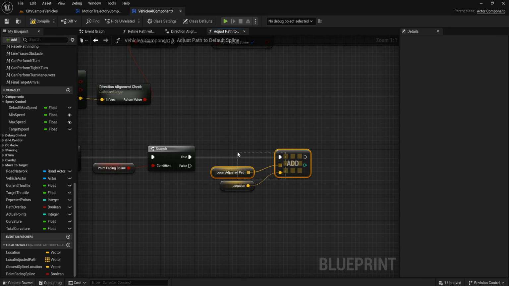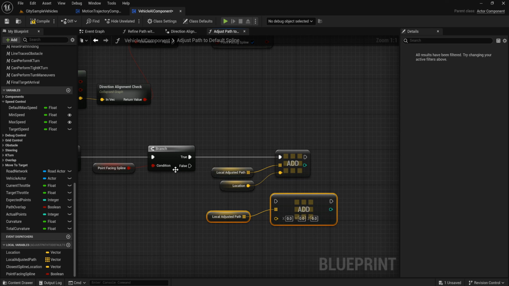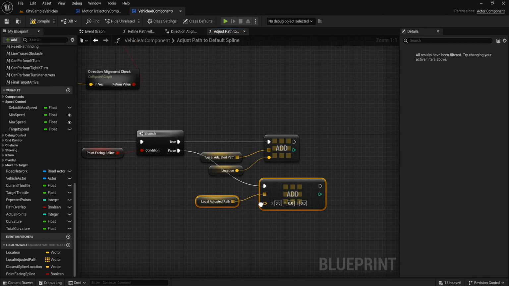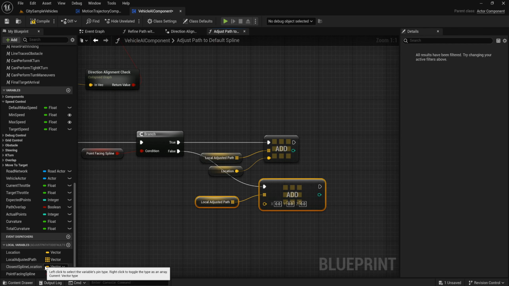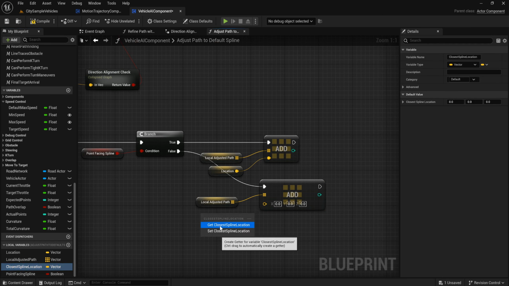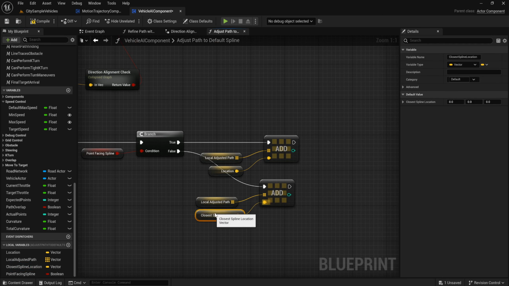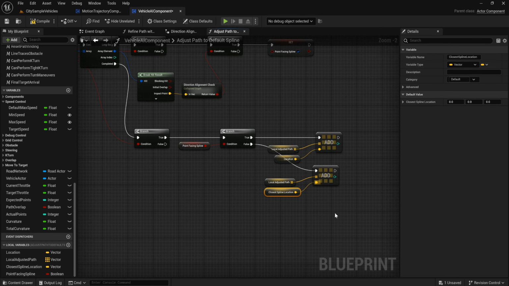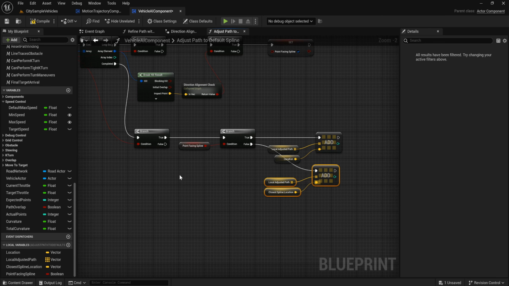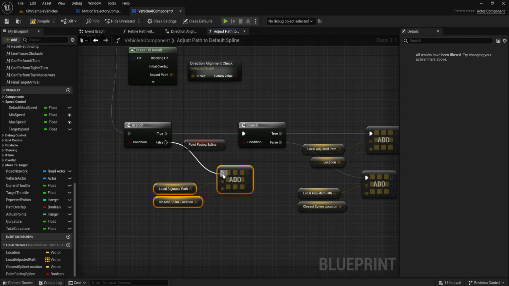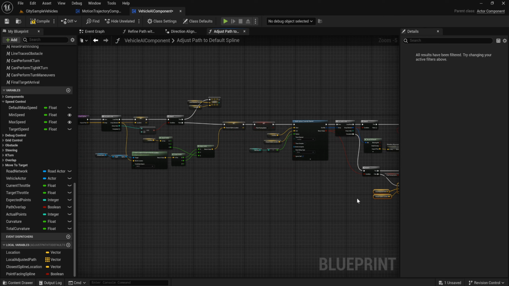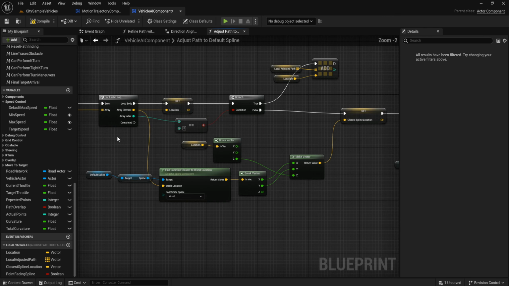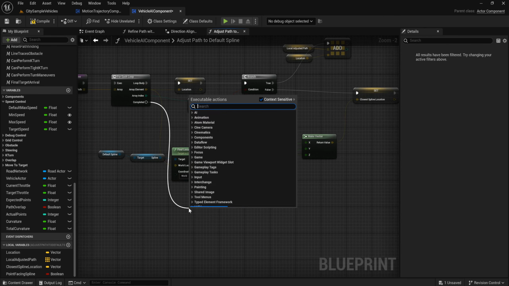Copy this. If it falls, we get closest spline location. If this falls, we add this closest spline location to the array. And when all this loop complete, we return